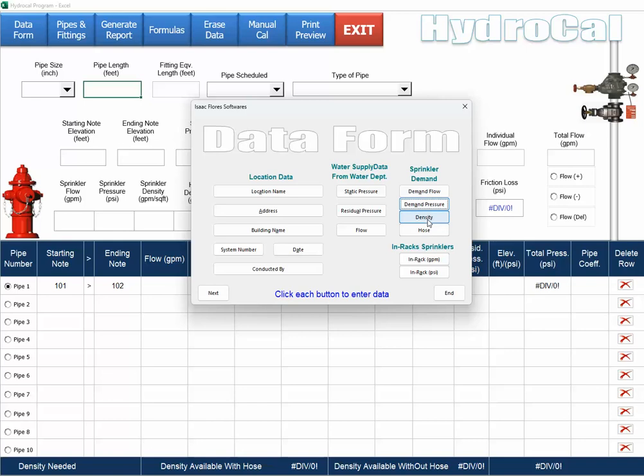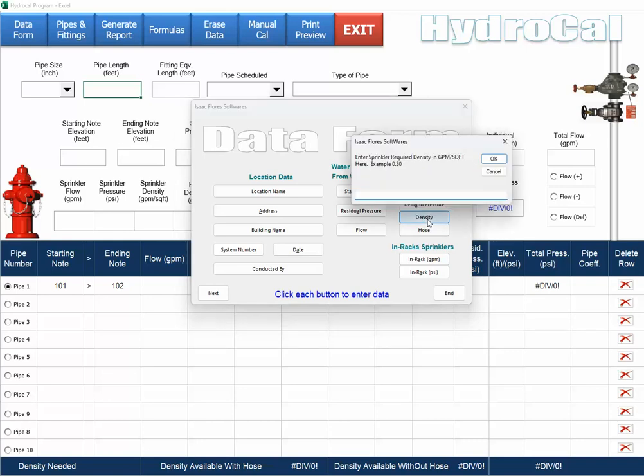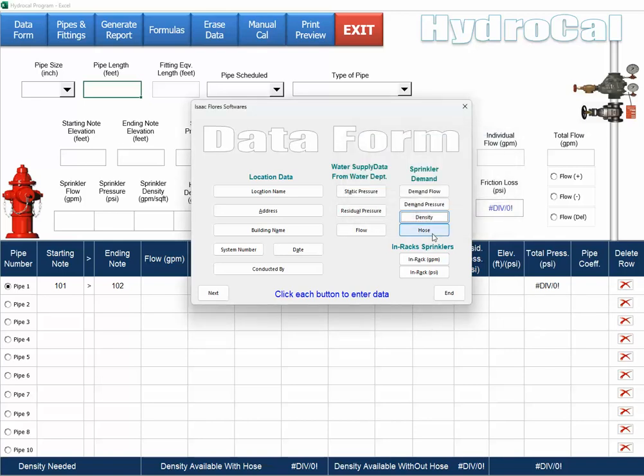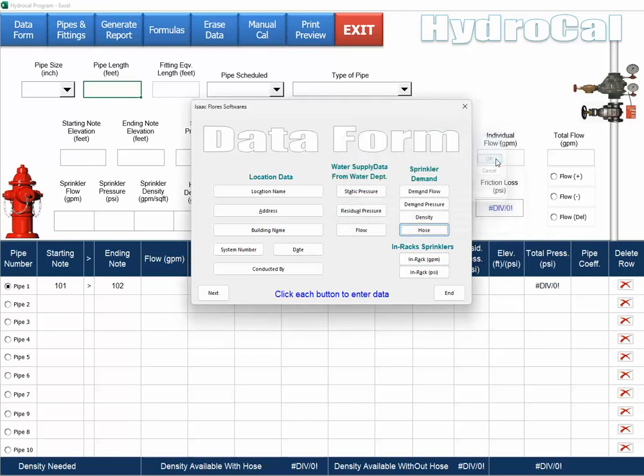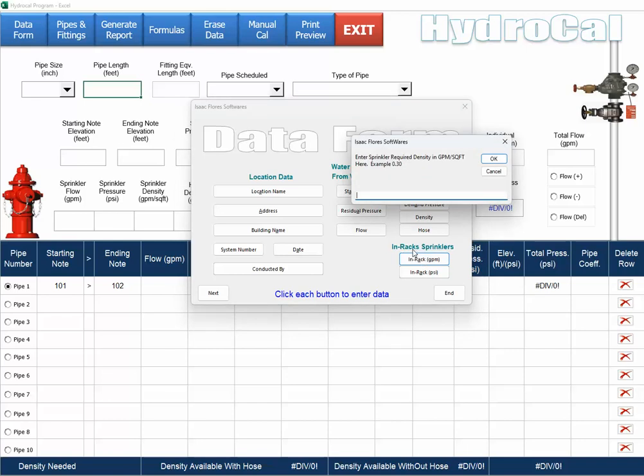Our sprinkler design density is 0.30 GPM per square foot. We're going to have a hose demand that we give to the fire department. That's 500 gallons per minute. In this particular facility, we have a warehouse, and we have an in-rack sprinkler system, or several sprinkler systems. But we enter information for the largest one. The largest one has a demand of 450 gallons